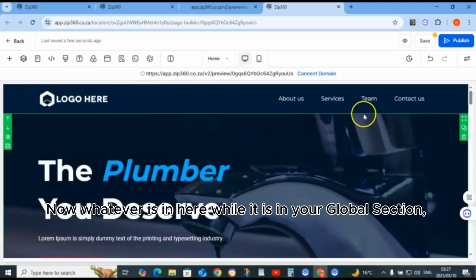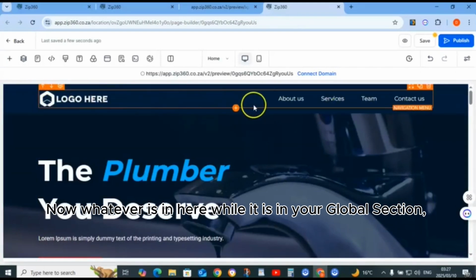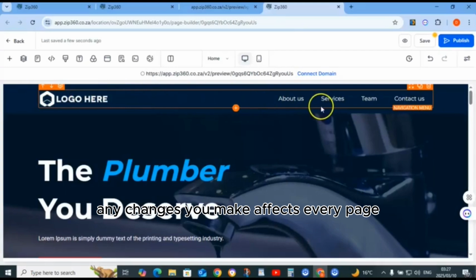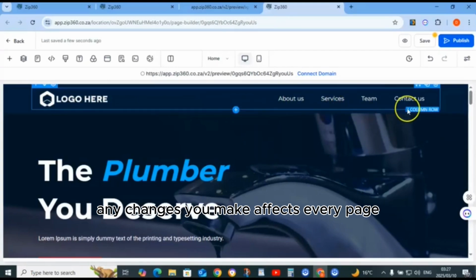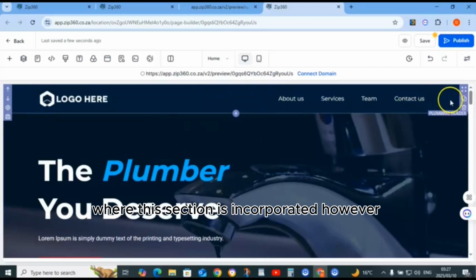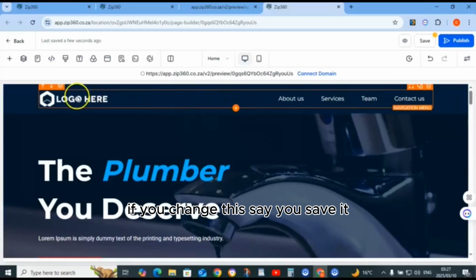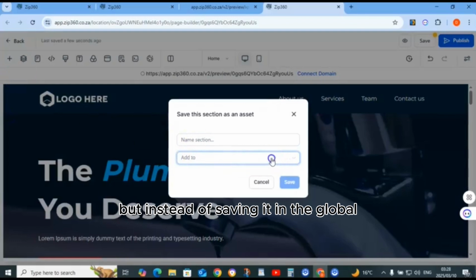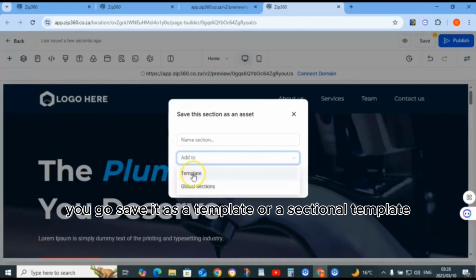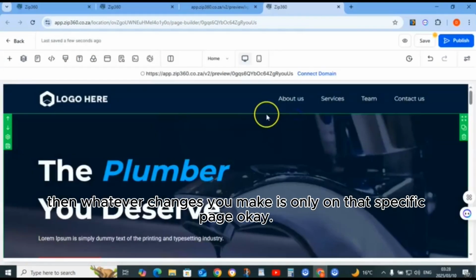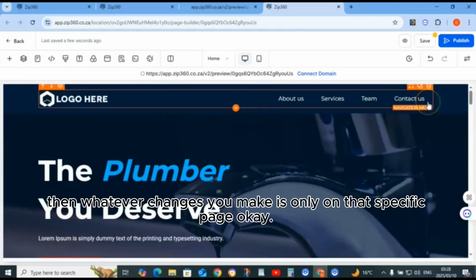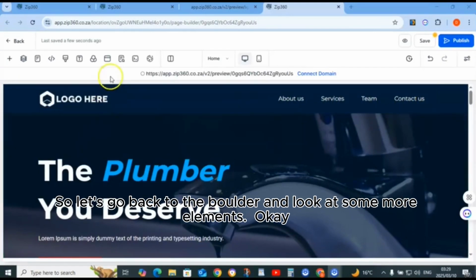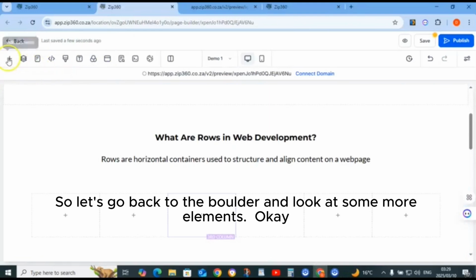Now, whatever is in here, while it is in your global section, any changes you make affects every page where this section is incorporated. However, if you save it, but instead of saving it in the global, you go save it as a template or a sectional template, then whatever changes you make is only on that specific page. Okay, so let's go back to the builder and look at some more elements.